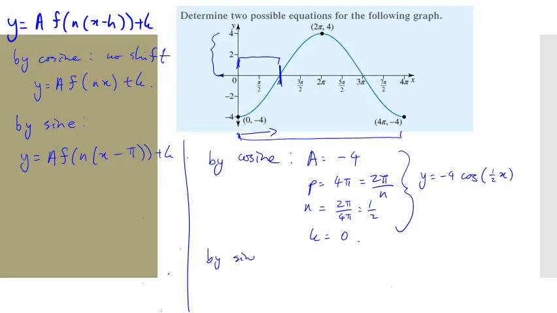So then by sine, now if you have a look, sine is just shifted to the side, so it starts off at 0 there and it goes upwards. So it's not negative, so it's just a 4. Here it's going to be the same, it's going to be a half. Then k is also 0, so then following the form from before, y equals to 4 sine